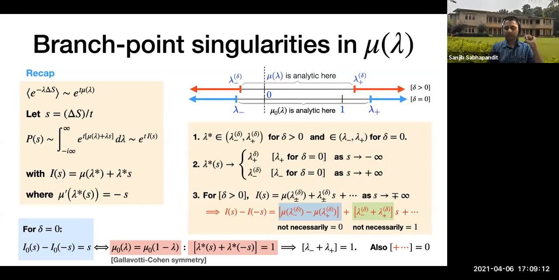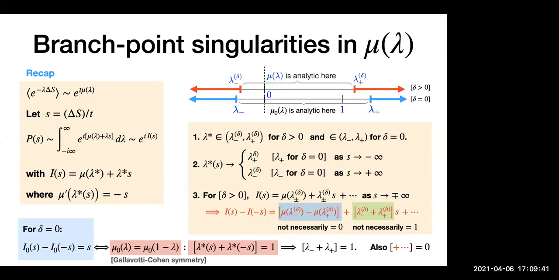Given this, you can write down this I of S. It is this mu of lambda at that branch point plus this term. This lambda star is just the lambda at that branch point plus S, plus this higher order term. Then you can immediately see that I of S minus I of minus S is the difference between these two, but because you are looking at minus S, that becomes plus, and then there is a higher order term. So there is no reason